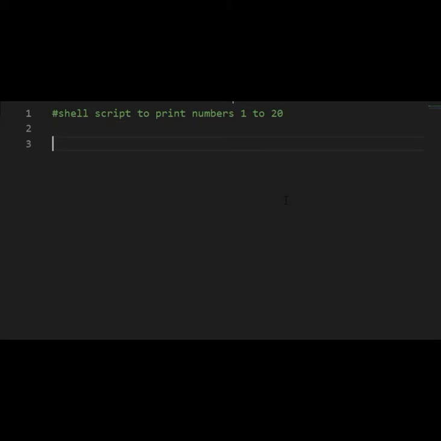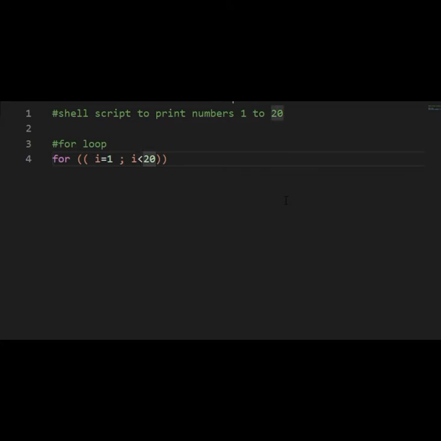Initially, if we are using the for loop, then there is no need for us to declare a variable in the beginning itself. We can start writing the program directly for condition where we are creating a variable I which is assigned with the value 1, since we are supposed to print the numbers from 1, and the termination condition for the numbers to be printed is it should be less than 20.